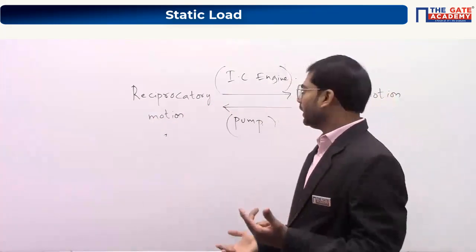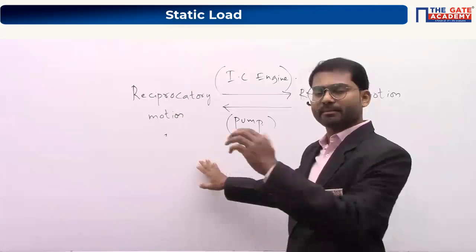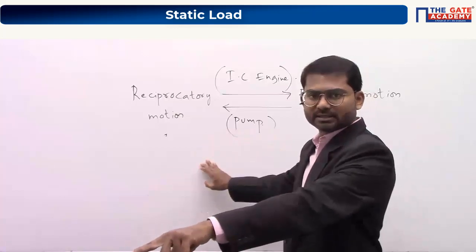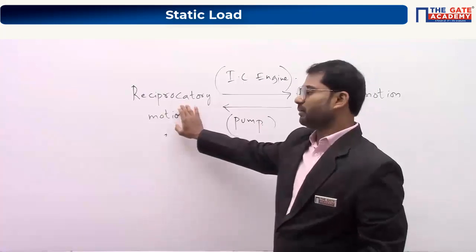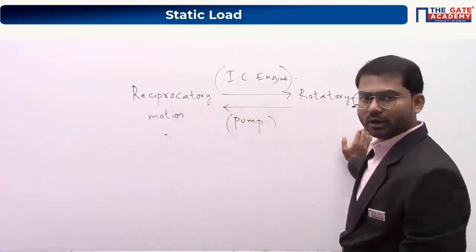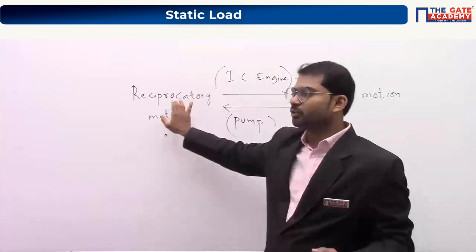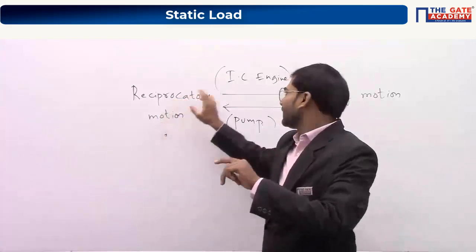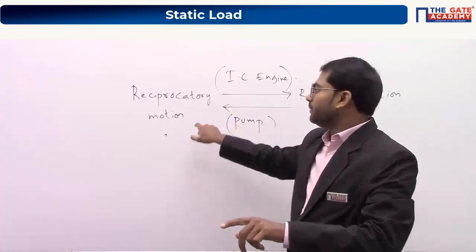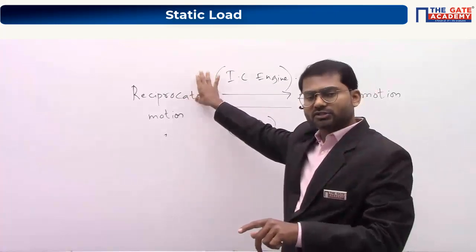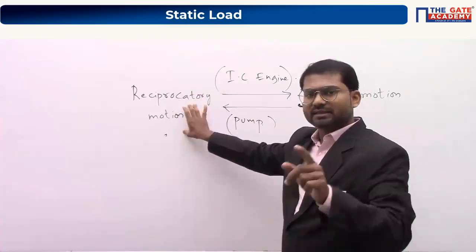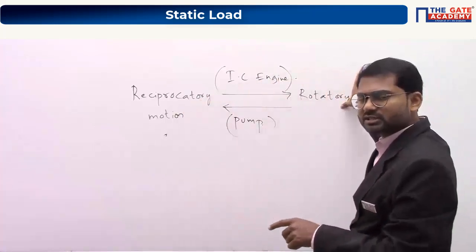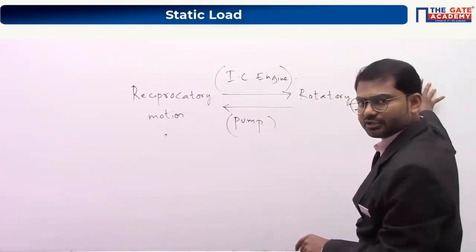So we see only the motion when we are using it as a mechanism here. As far as I'm calling it a slider crank mechanism, I can say that reciprocatory motion is being converted to rotatory motion, or rotatory motion is being converted to reciprocatory motion. Understand? When I'm using it as an IC engine, then I should be saying that the chemical energy of the fuel is causing reciprocatory motion, and that is giving rise to rotatory motion, which gives rise to rotatory kinetic energy.